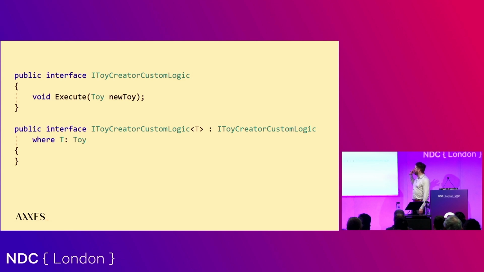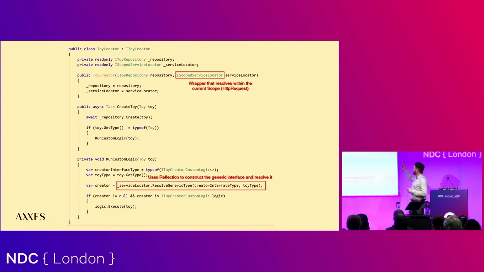So what we ended up was something like this. We had the toy creator custom logic, which is basically the interface that we could use to resolve the class that is going to execute that extra code. Then you make a generic version of that. The reason that we did it like this is this gives us an execute method that accepts the super type, and it saves us a bunch of reflection code. Now, with that scoped service locator, it is basically something that wraps around our DI container that allows us to resolve something in